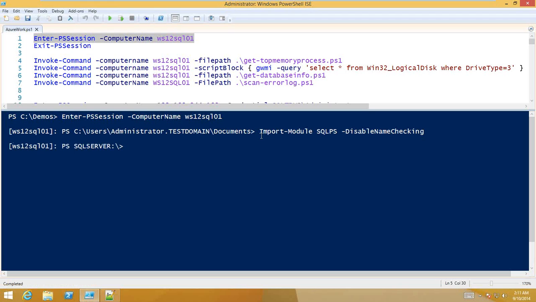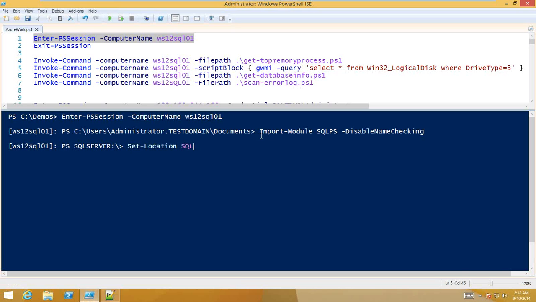So they came up with a list of consistent verbs, but they did not include things like backup and restore, which as DBAs we all know we're going to use backup and restore rather regularly. So now what I've done is I've loaded up the SQL Server environment into my PowerShell session, and when I do that, it lands me in the SQL Server provider. I can now change directory or set location. I'll use the proper